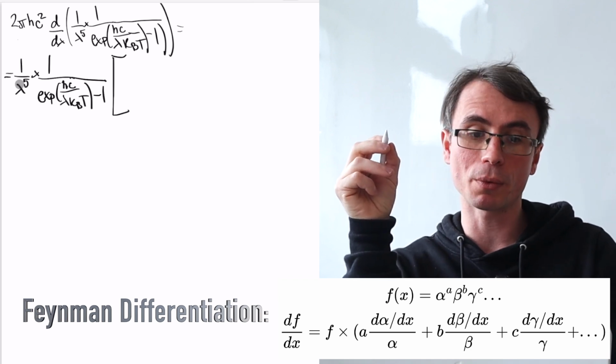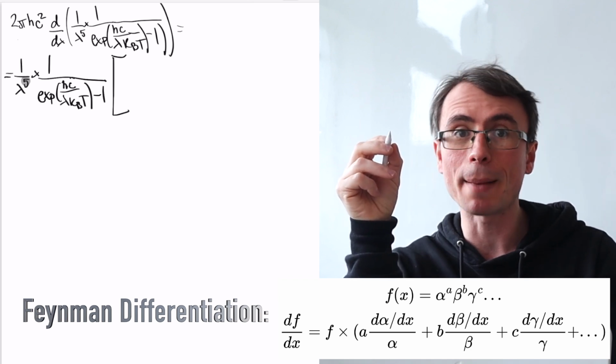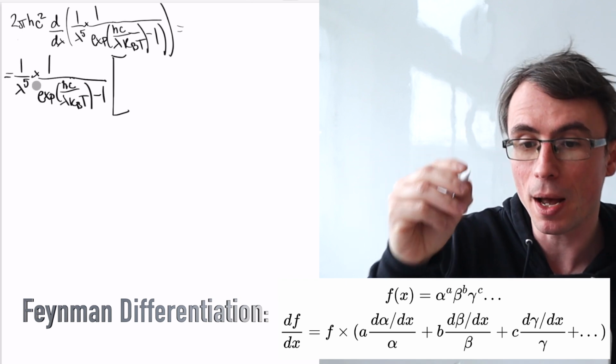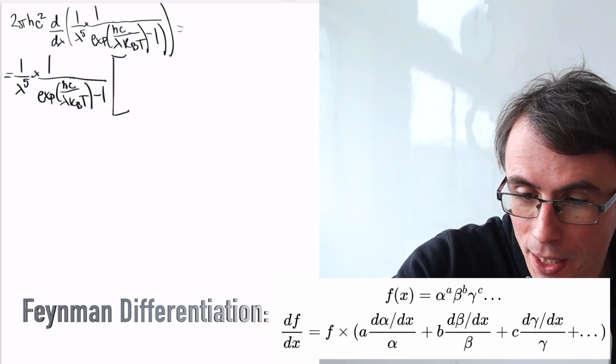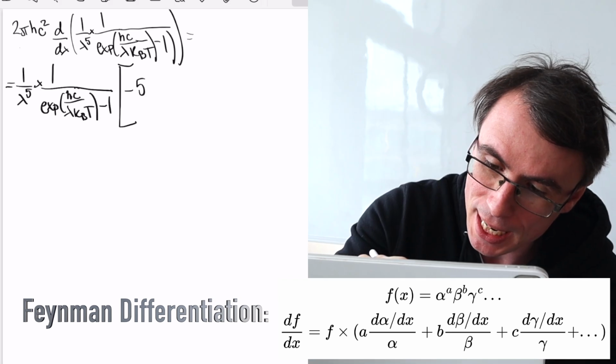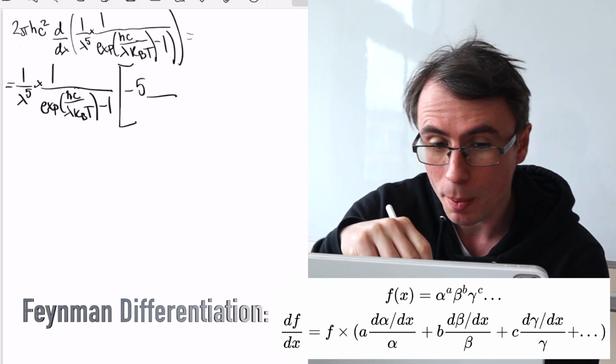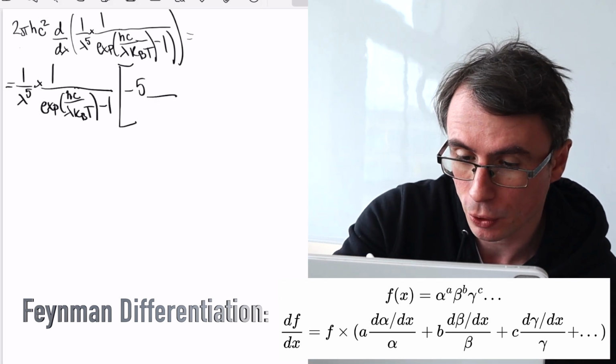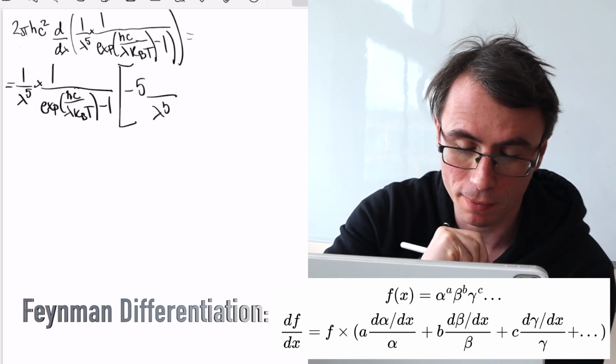For this case, because we're dividing by lambda to a power of 5, our power is just -5. Then in the denominator, we're just going to copy our function, which is lambda to a power of 5, and